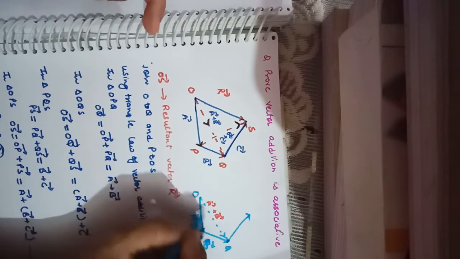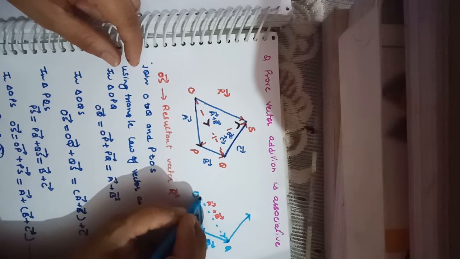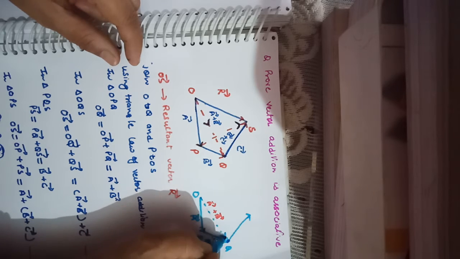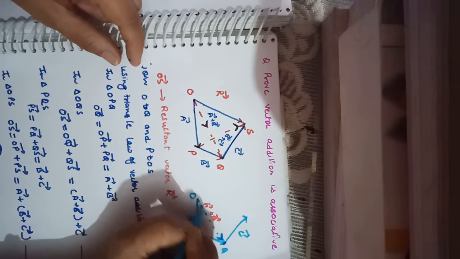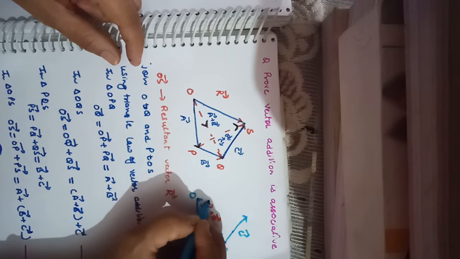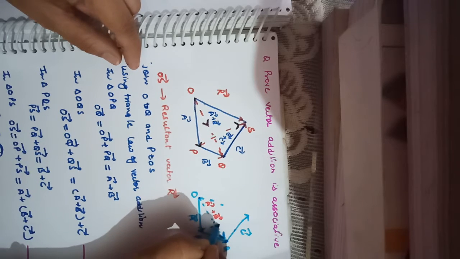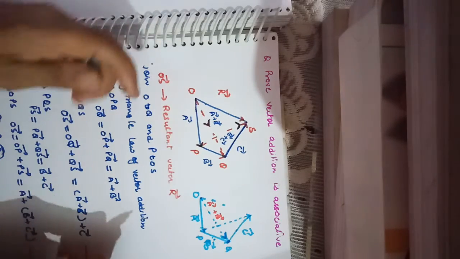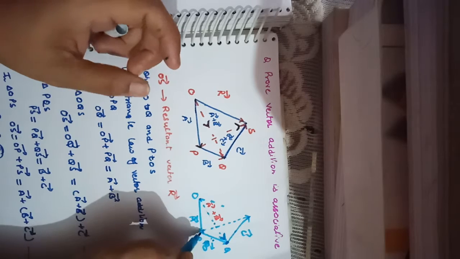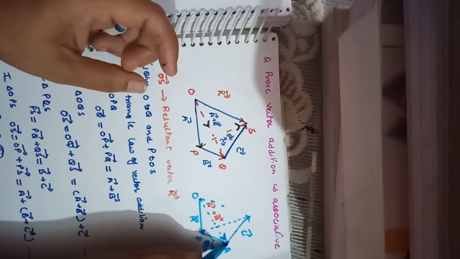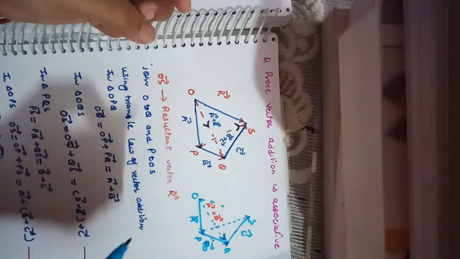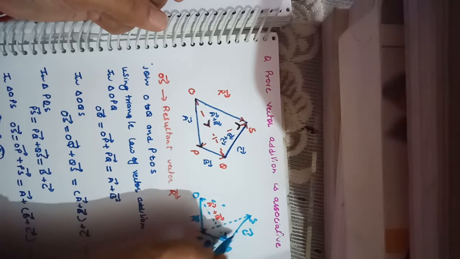Again you have got the addition of two vectors. What addition of two vectors? This is OQ vector, which is a resultant of these two vectors, and from the head of the resultant of these two vectors, you have joined the C vector. Okay, so this vector plus this vector, resultant is what? Resultant is this vector. Okay, so this is what? You have joined the PQ vector and QS vector. So PQ is B vector and QS is the C vector. So the resultant of these two vectors is this.